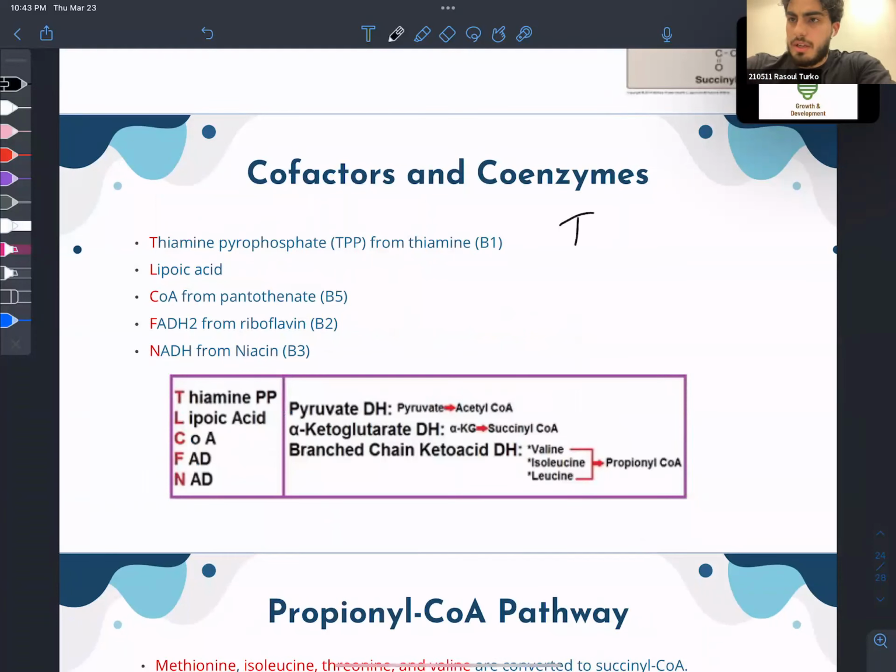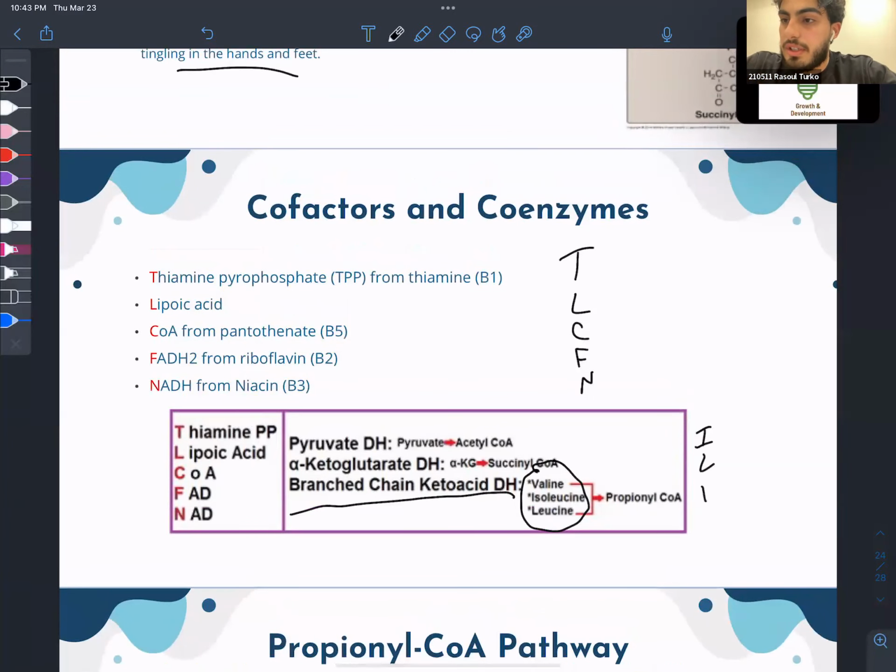Okay. Now, for the last part of the lecture, there's cofactors that you guys talked about in MOL 1, which are TLC for Nancy. And those enzymes are needed for pyruvate dehydrogenase, alpha ketoglutarate dehydrogenase, which you guys talked about in MOL 1, and it's needed in branch chain keto acid dehydrogenase. Okay, which we talked about up there as in I love valine, the BCAAs. So it's needed for the BCAAs reaction, and you guys will talk about it later. But again, I love valine, those three enzymes